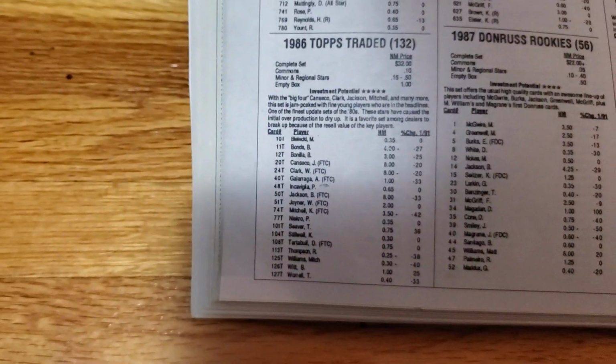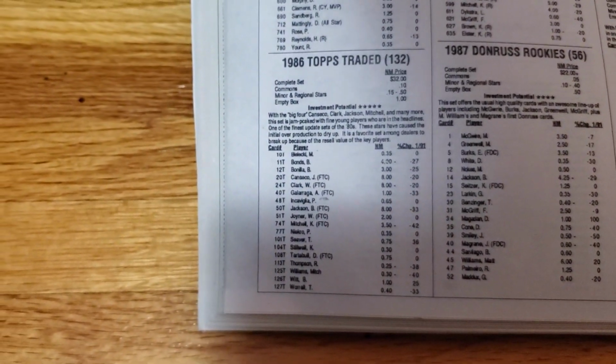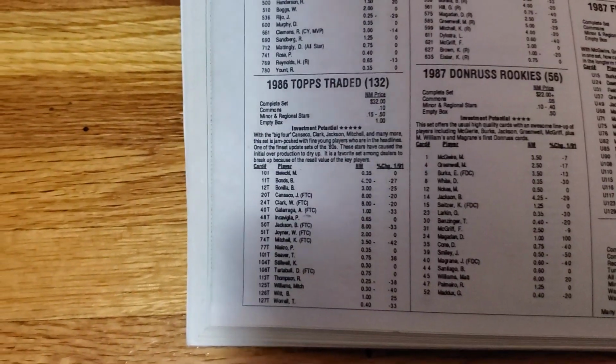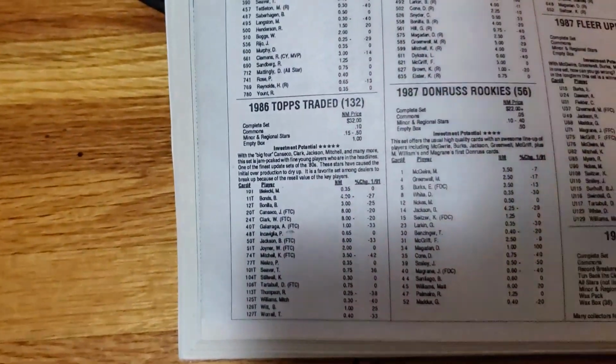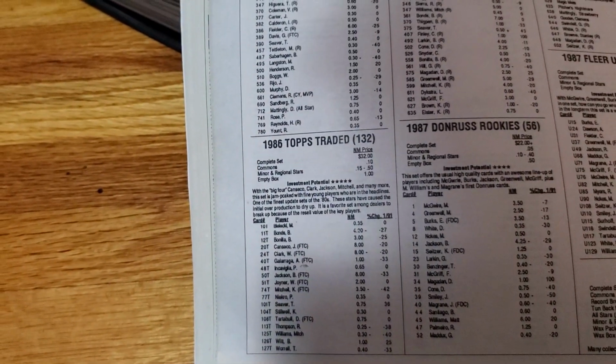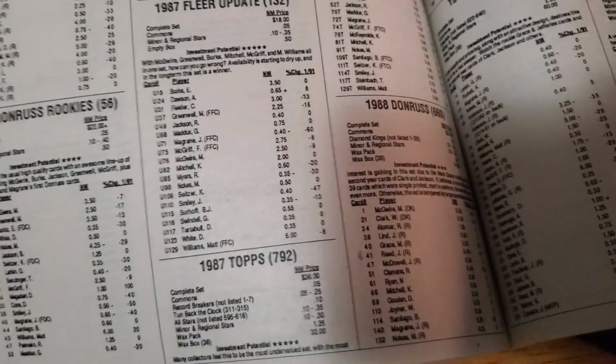What's interesting is they only show certain cards, and the 86 Topps Traded would have had, if I'm not mistaken, the Bo Jackson, which is probably the most. That's wild. This tells you how overinflated cards were back in the day. Let's see, do they have,